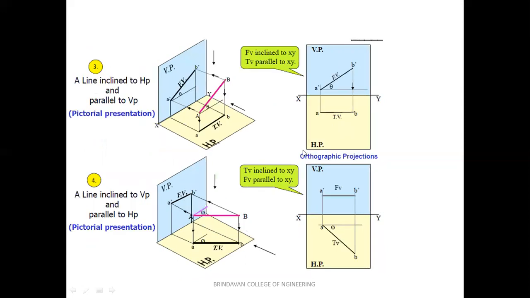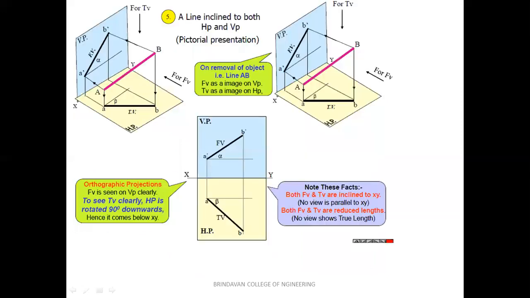Okay, so the next concept is line inclined to HP and parallel to VP. Here, the inclination we give to the HP plane will be projected in the front view. You can see that is theta. Parallel means the length of line will remain the same here. Now the line is inclined to VP and parallel to HP. In this problem, parallel to HP means we get the same line, but inclined to VP, whatever inclination to VP we give, we can see in the HP plane.